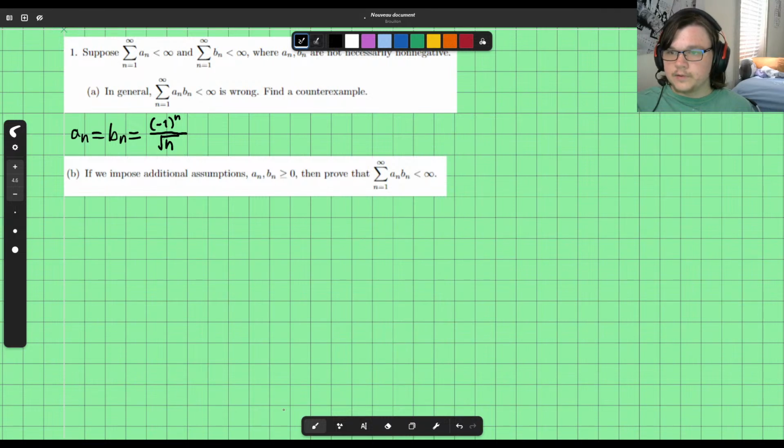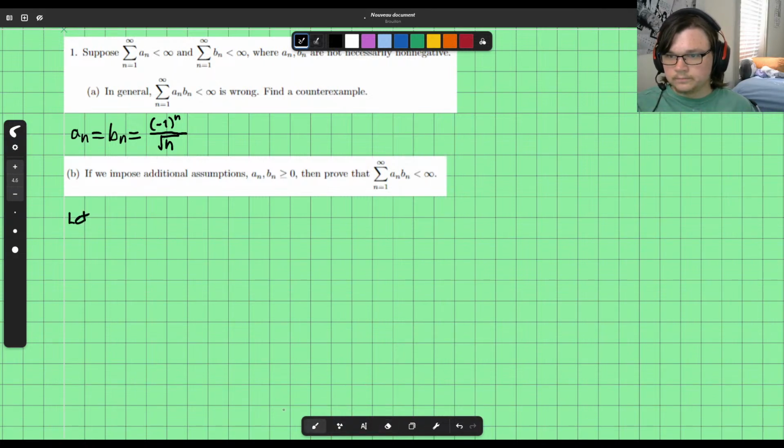The way that I like to prove this is to say, because we know that it converges to a finite value, let's say what that finite value is. Let a equal